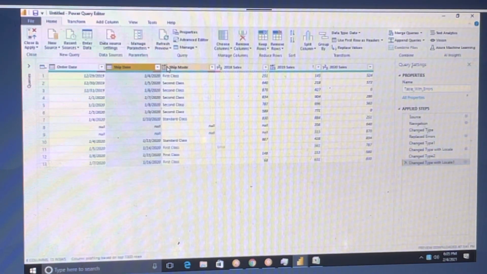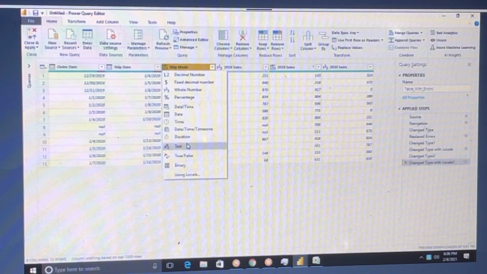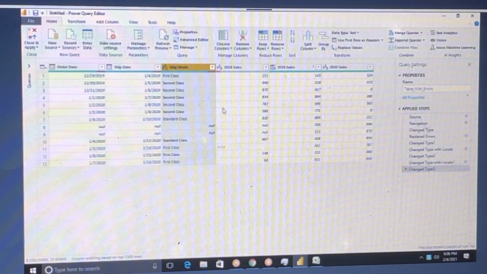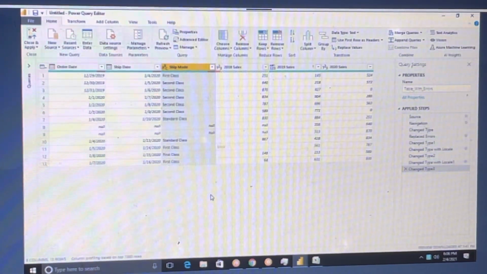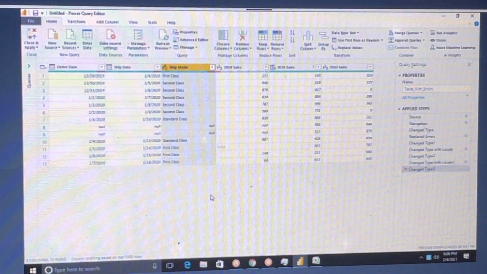Here also, now just make this one text, ABC, right? These data types are also very important. We have text data types, date data types, and number data types. We have to format them in the proper way if you see any error related issues.